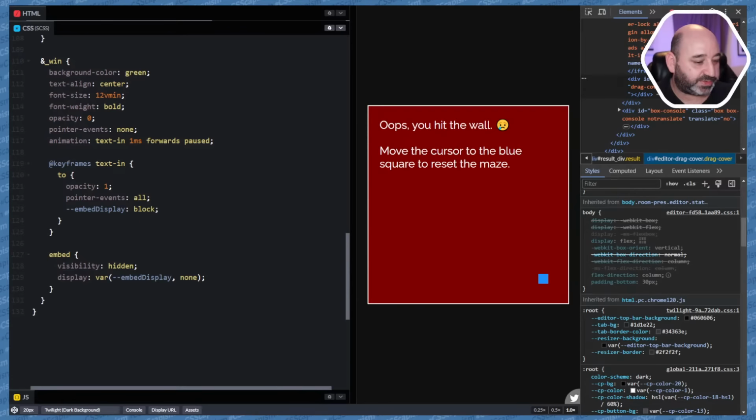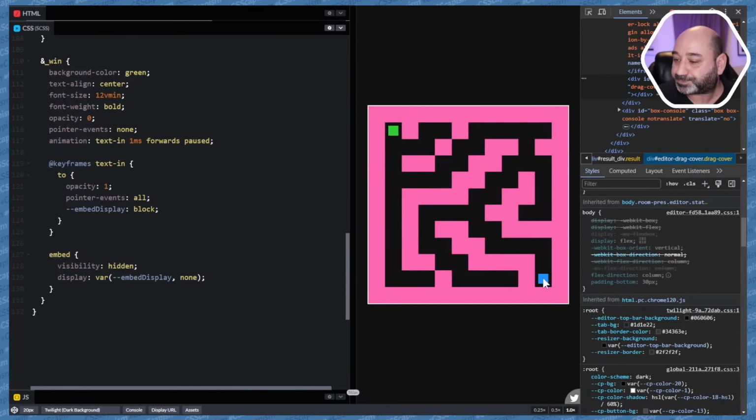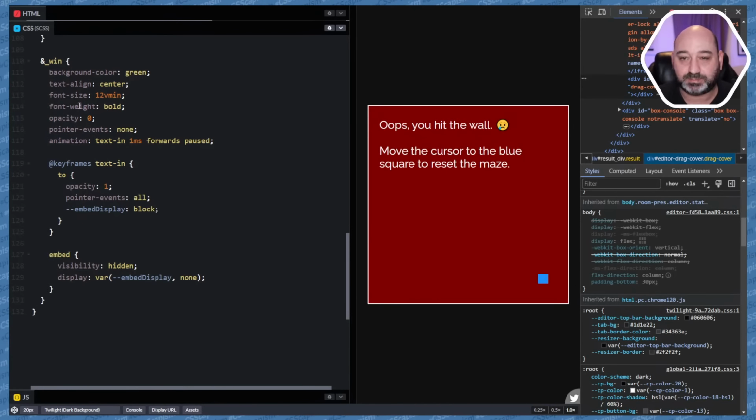So wait, where's our to-do list? Yeah, we've done the success. We added an announcement and we added some music. Now let's make it a bit prettier, and we're going to talk about making the ground and things. So actually, let's start with the walls. The walls, these pink walls. Oh, actually, before the walls,